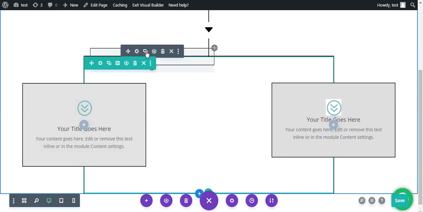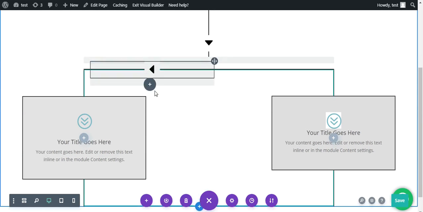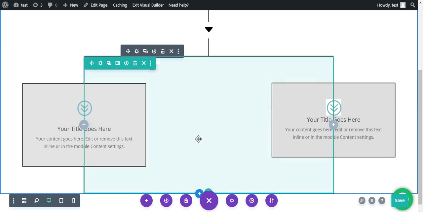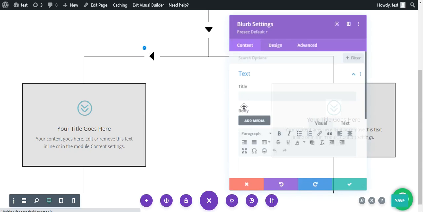Select this, drag and place it somewhere, or we can simply edit this because there are two overlapping each other.